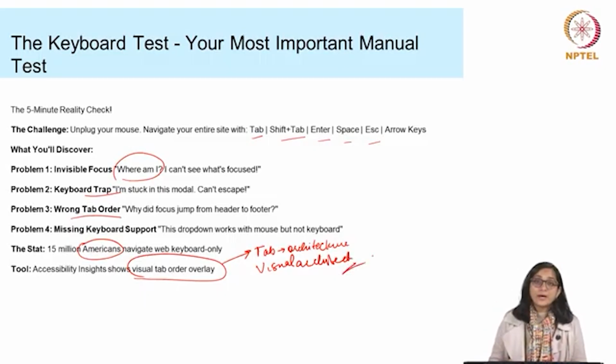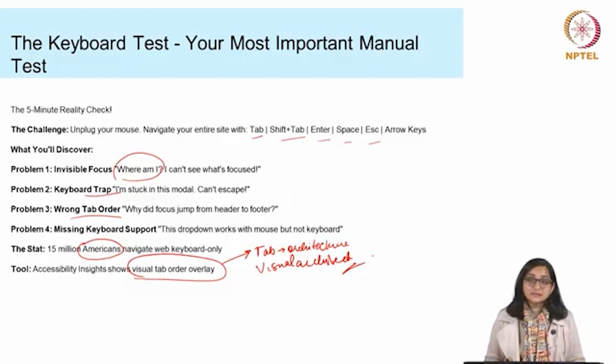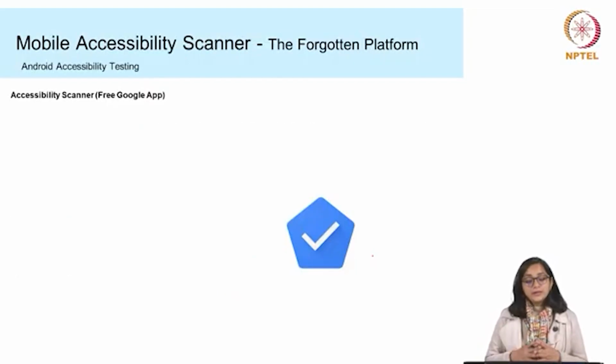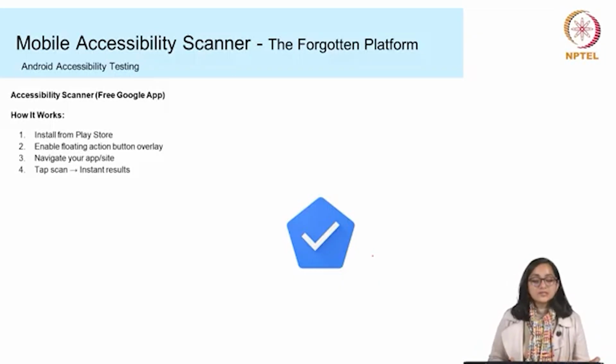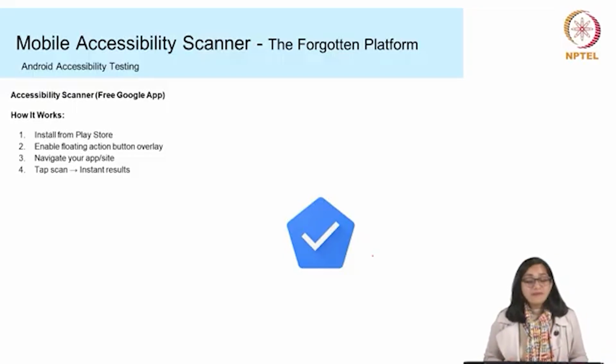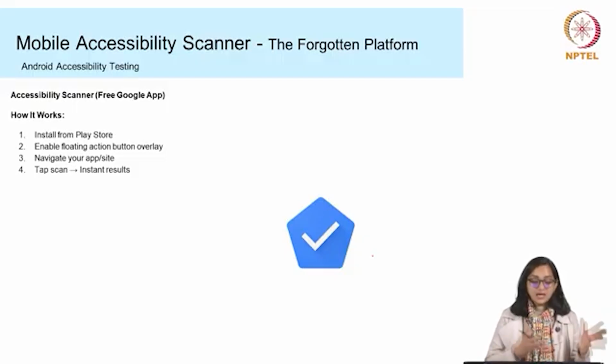And again, I would refer you back to the book, which is called Mobile Accessibility Rituals. Then if you are talking particularly about mobile apps and app design, then the mobile accessibility scanner, which is again your inbuilt system, is something which most people overlook, primarily because it is there already on your phone. So it's an accessibility scanner. It's a free Google app. You can just install it from Play Store, enable the floating action button overlay, navigate your app, tap scan, and